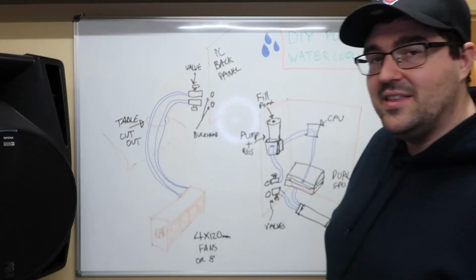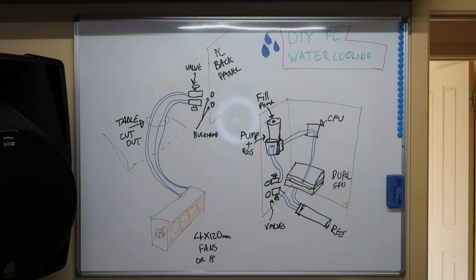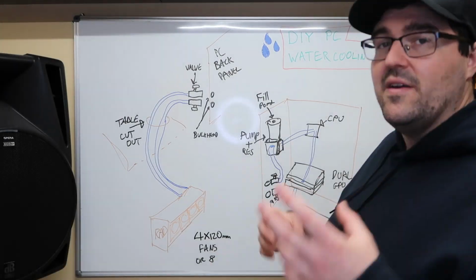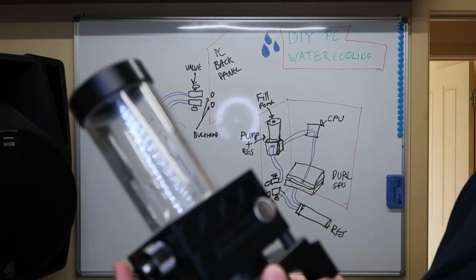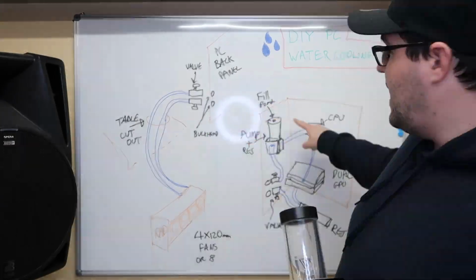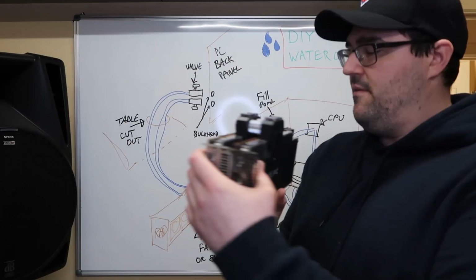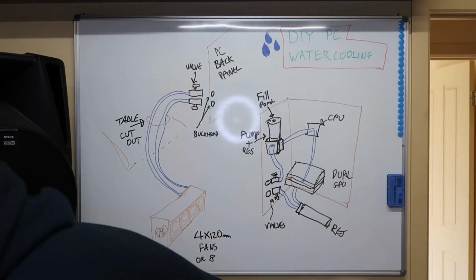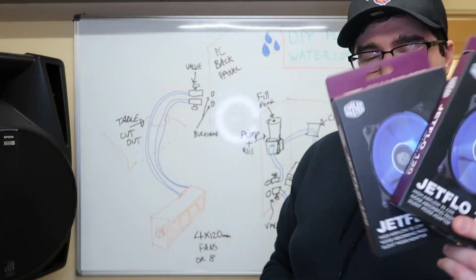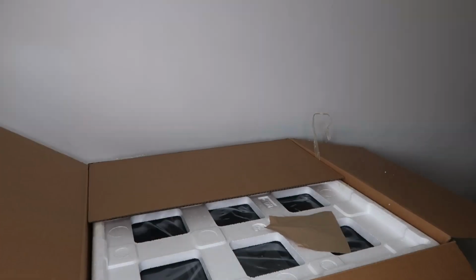So back in October of 2018, I started to put together this video, where I was going to do a water cooling setup with the existing computer case that I had. It was quite complex and I had to actually have the radiator mounted underneath the computer case. So I had hoses coming out of the computer, going down underneath the table and back up again. After a while I scrapped that and ended up buying this new case,